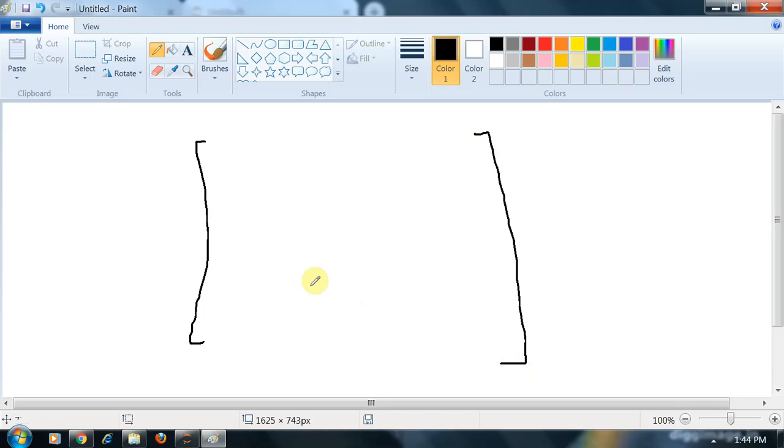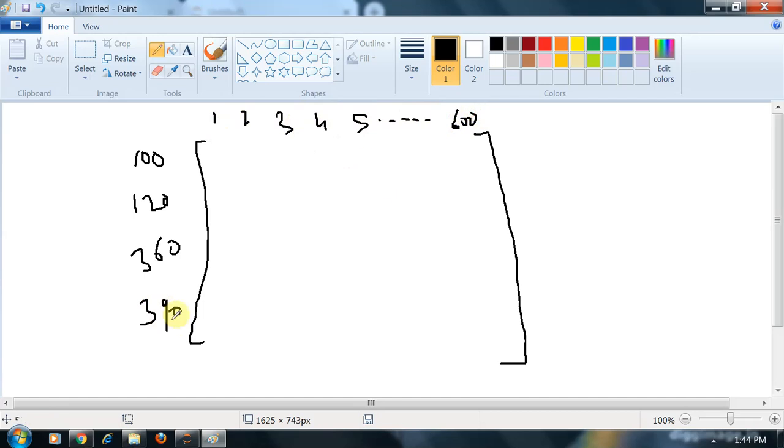I want to create a matrix where in the rows there are movie IDs, like movie ID 100, movie ID 120, movie ID 360, movie ID 390. And in the columns I want the user IDs, like user ID 1, 2, 3, 4, 5, and so on, suppose 600 users. I want to create a matrix like this.